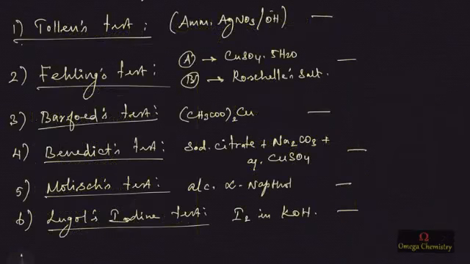So first of all, we are going to look at the tests for carbohydrates. The first test is the Tollens test. Ammoniacal silver nitrate solution is known as Tollens reagent, and all reducing sugars, including fructose and other compounds containing a free keto group, will answer this test. In general, reducing sugars will answer this test, and non-reducing sugars like sucrose and raffinose will not